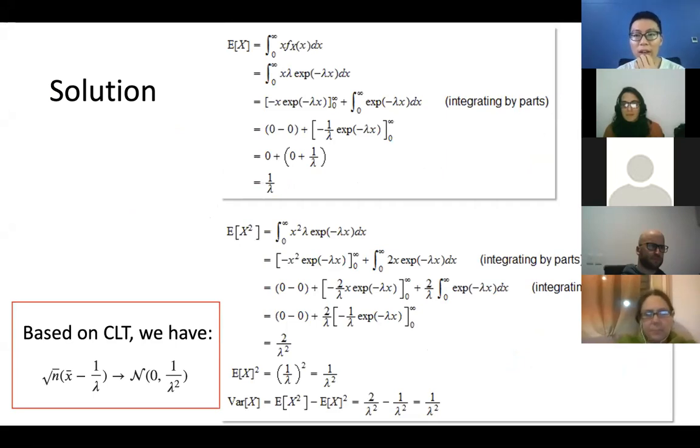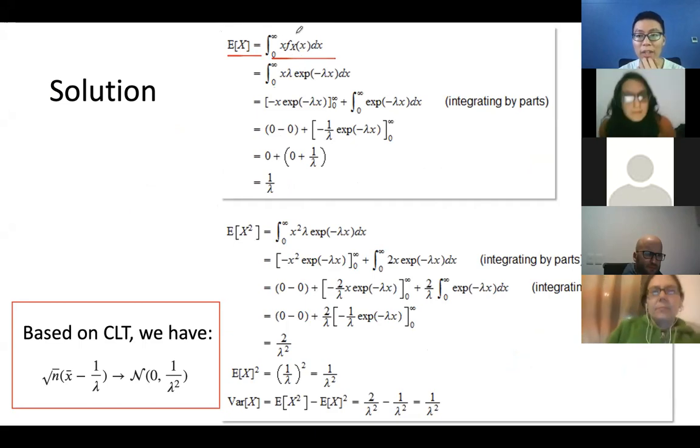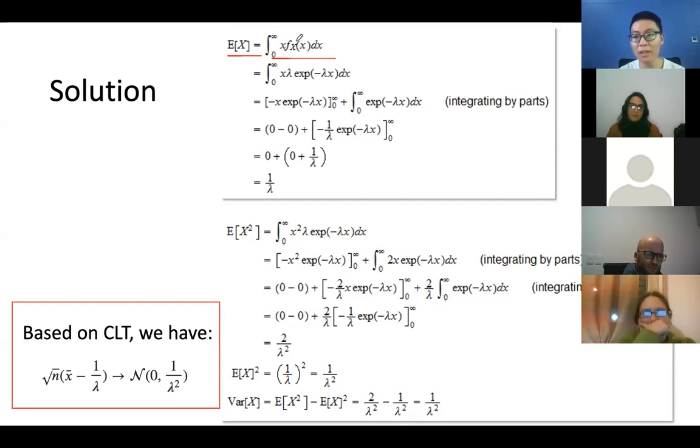Okay, so here is the basic solution. Let's divide it by step. To calculate the expectation for the exponential distribution, like I said, this is the formal mathematical definition of what we call the expectation. You multiply by x and by its probability, which is the PDF at this point, right? And you integrate those values, and you will get this one.